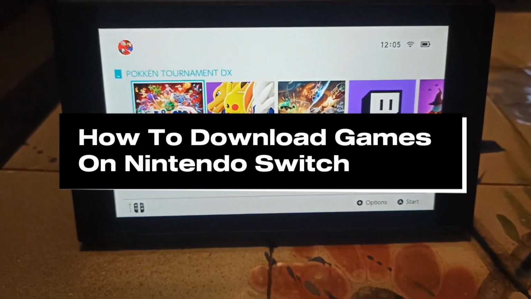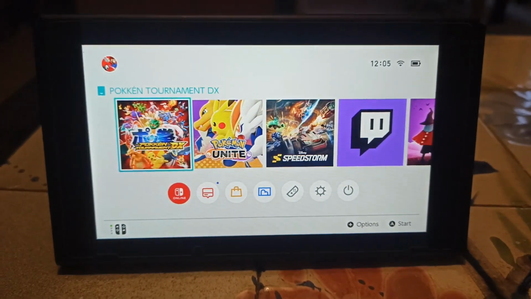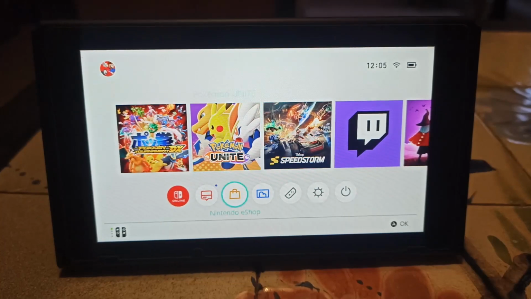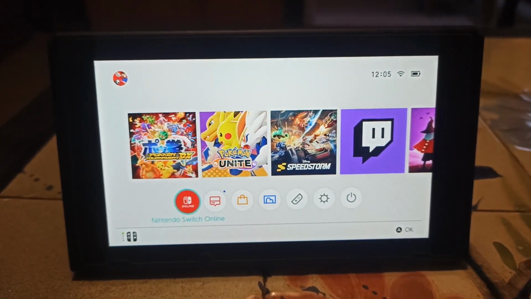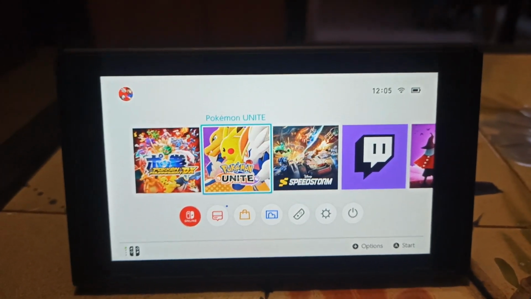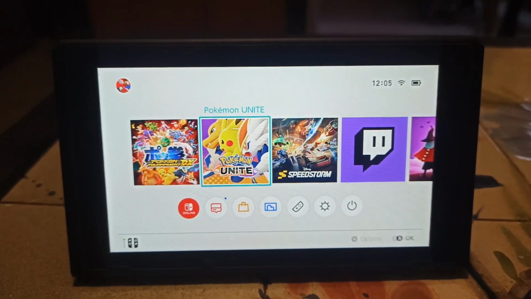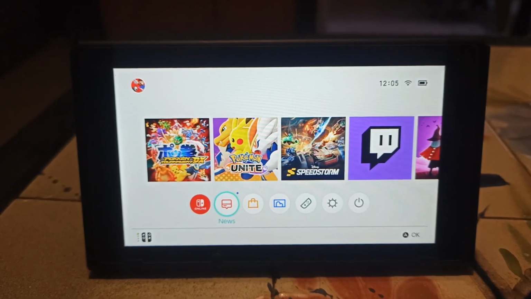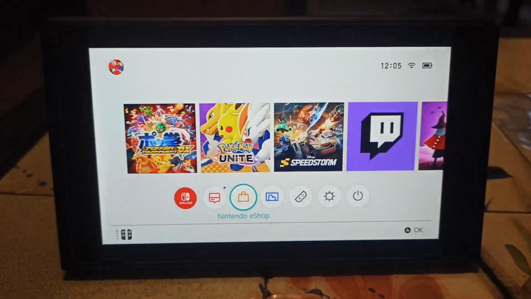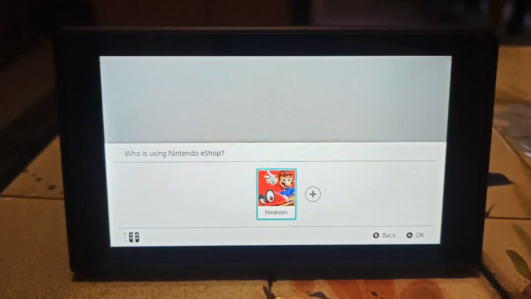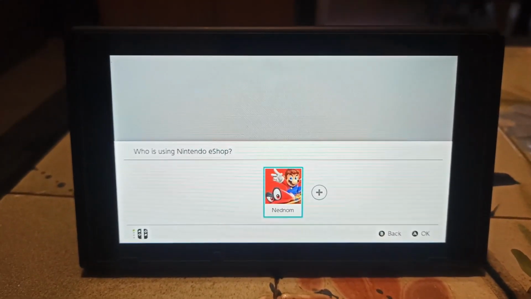Okay, so here's how you download games on the Nintendo Switch. So basically you need a Nintendo account that you need to create after you set up your Switch, and then after you have a Nintendo account you want to go down to the Nintendo eShop, which is the third option right here. So if we select this Nintendo eShop, as you can see, it will ask us for which account